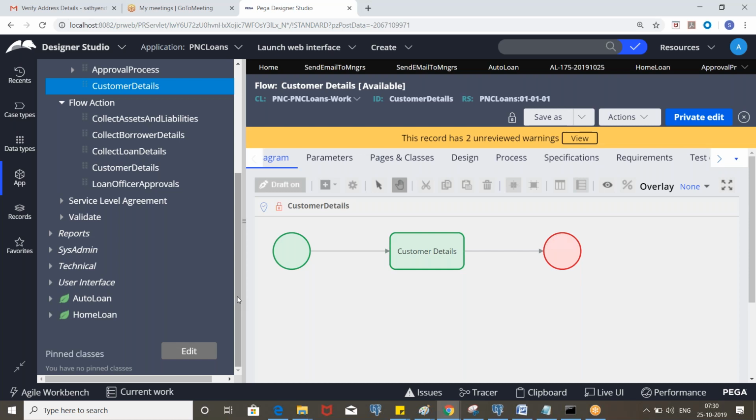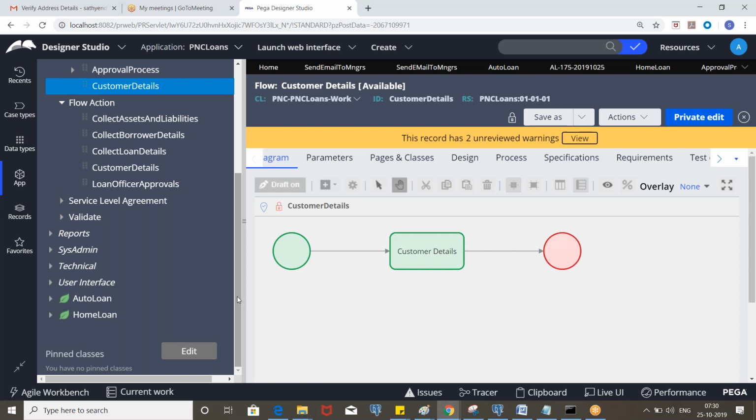But if you want to modify the customer, you can launch the same screen from the local actions, from the actions dropdown, and again perform it. You can search for a new customer or you can add one. That means across the flow you will have the ability to search with a new customer.